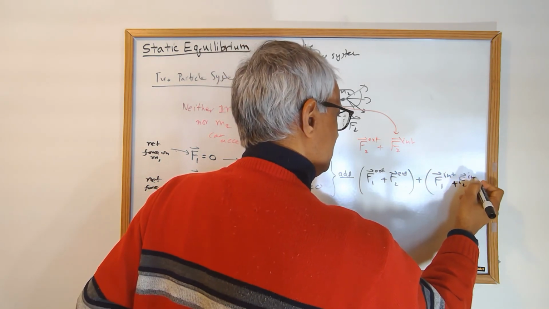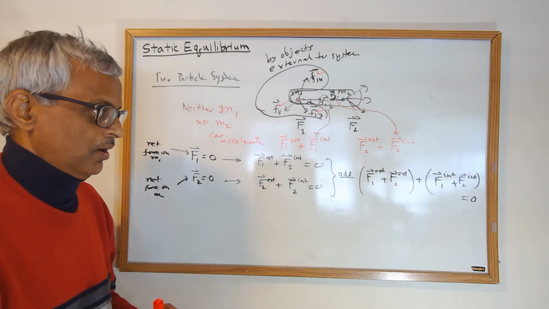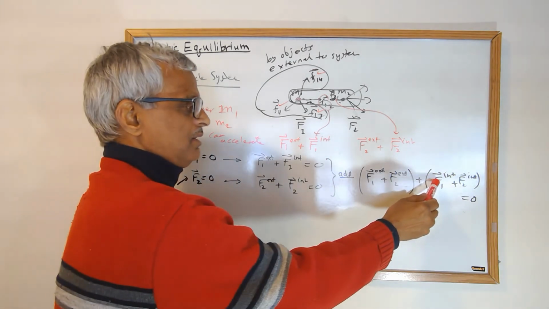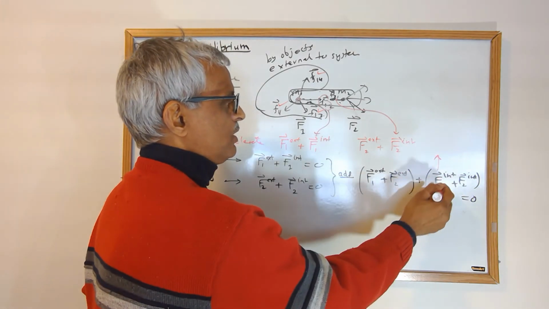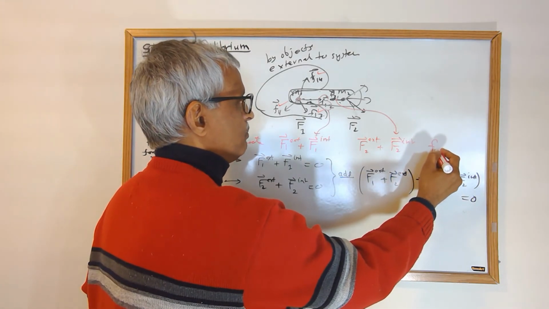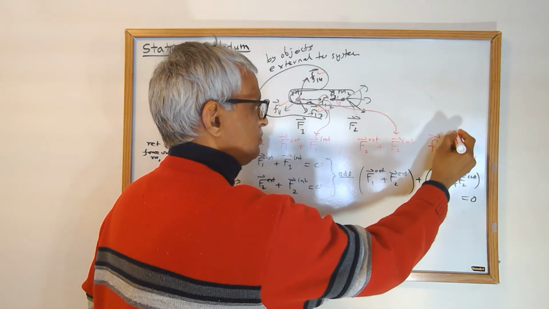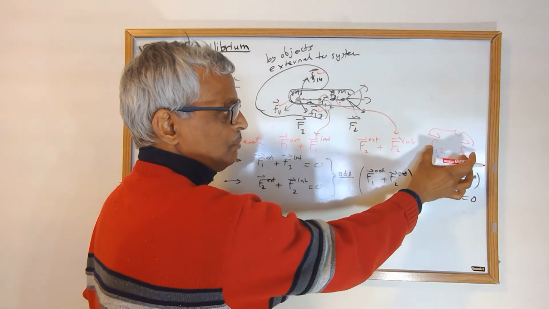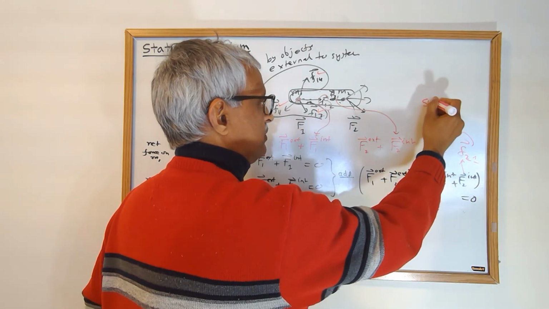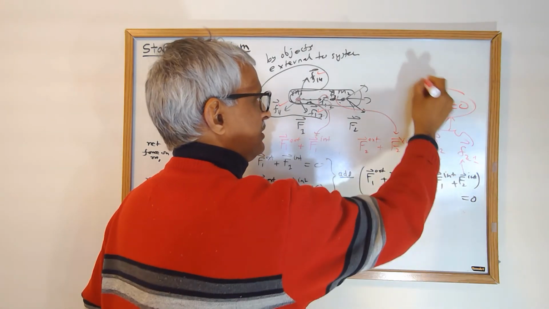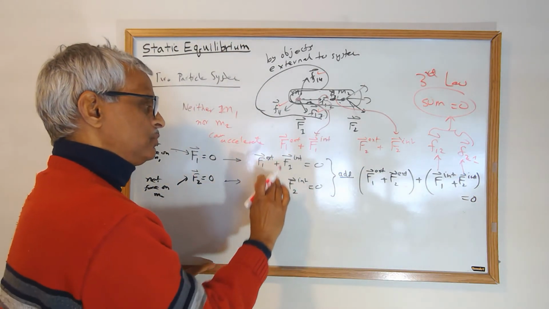I mean, if I just keep them together, right now the punchline is coming. F1 internal plus F2 internal, that's equal to 0. But Newton's third law says that this force is exactly opposite of that force. So this one is the force on 1 by 2, and this is the force on 2 by 1. And guess what? When you add them up, they are exactly opposite of each other. So their sum should be 0. Third law. So although individually this must abide by it,